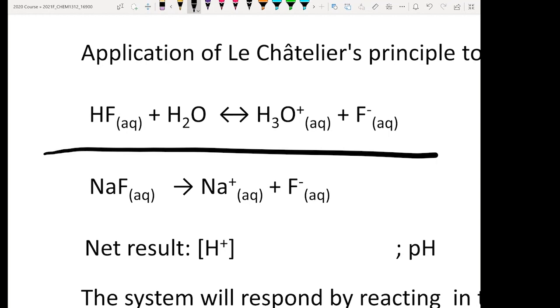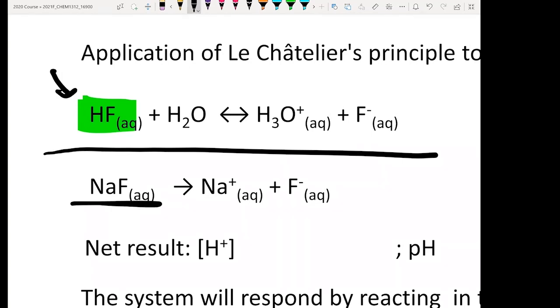So how do you know this? First thing is you see these equations, right? And I say you have HF solution. Then the concept you should have is weak acid solution. Proton concentration equals square root of Ka times your acid concentration. And you got your proton concentration. Take negative log of that, you got your pH. So that's the thing you already know. Now the thing we are going to learn is, if today in this solution I add in a